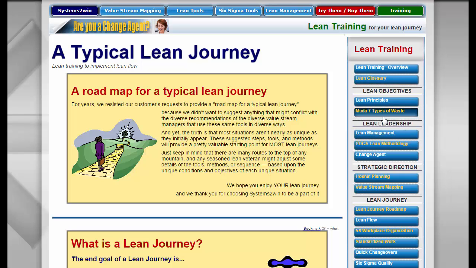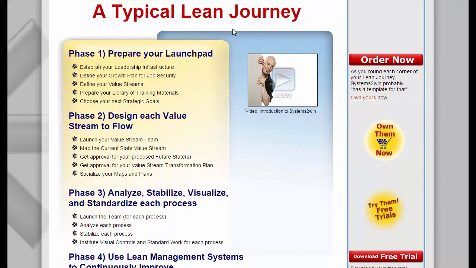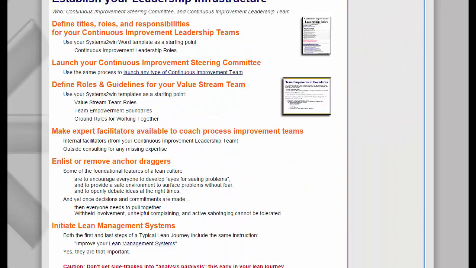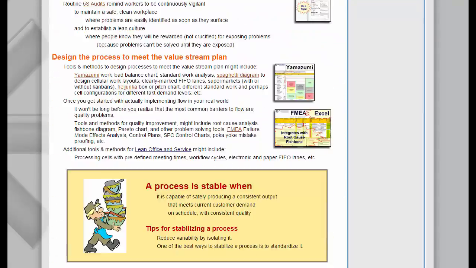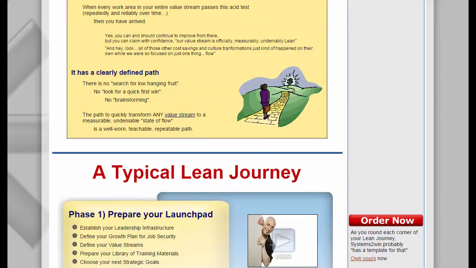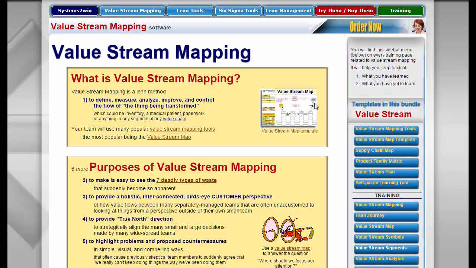Now notice that this page has a different blue button sidebar menu because there's so much more that you could be doing beyond value stream mapping on a typical lean journey. So there's all kinds of tools that you might be using beyond value stream mapping tools. So what you do is select up here in the menu, go back to value stream mapping, which is really just to establish strategic direction. Remember, with value stream mapping, you haven't accomplished anything. When you finish a value stream map, all that you've done is establish a strategic direction for what you are going to try to accomplish. So there's all kinds of other tools to help you actually accomplish it.